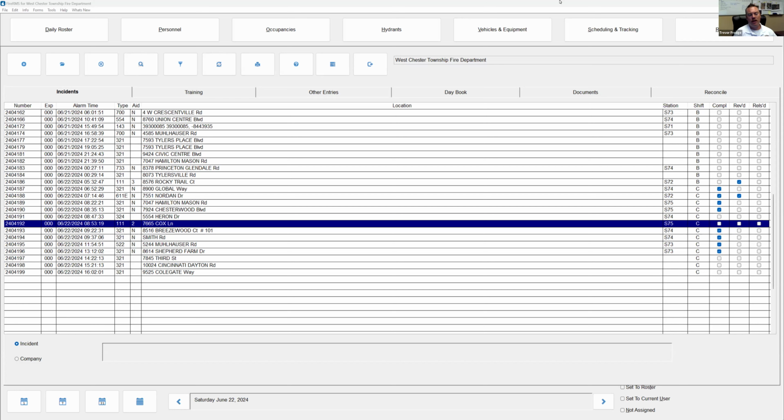So remember that we have two reporting systems. We have EPCR for the EMS patient care report itself, and then we have RMS. So fire RMS is our entire incident log. So basically, we live and die by fire RMS. It is our run numbers, it's our times, it's all of that stuff. That program talks to EPCR and gives it that information, but it's RMS that is kind of our main backbone